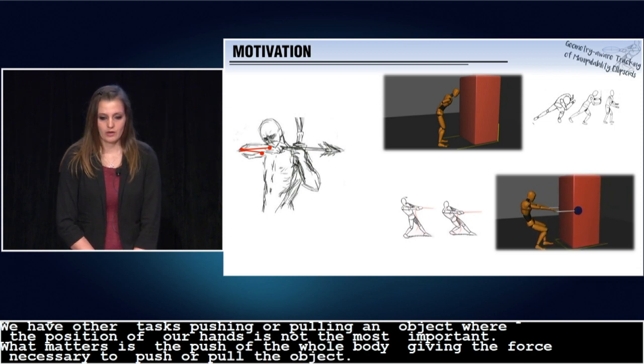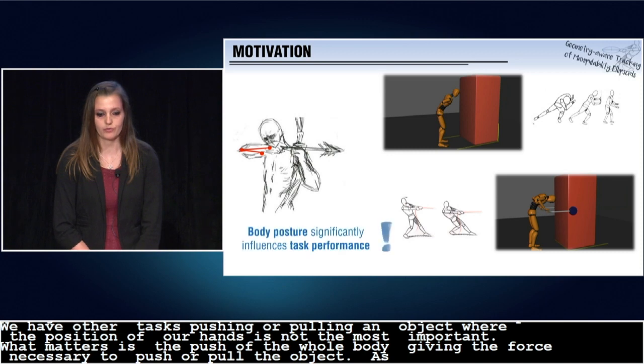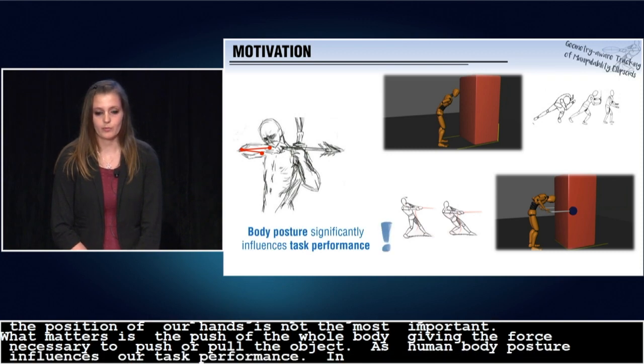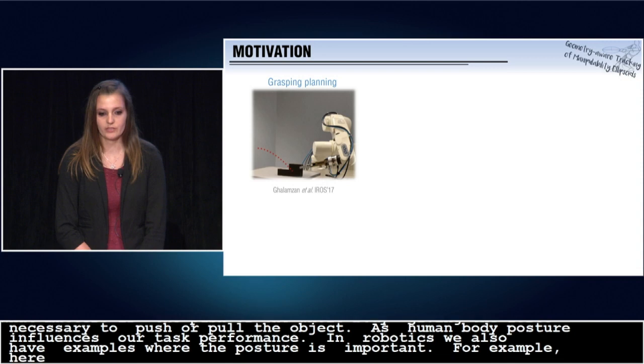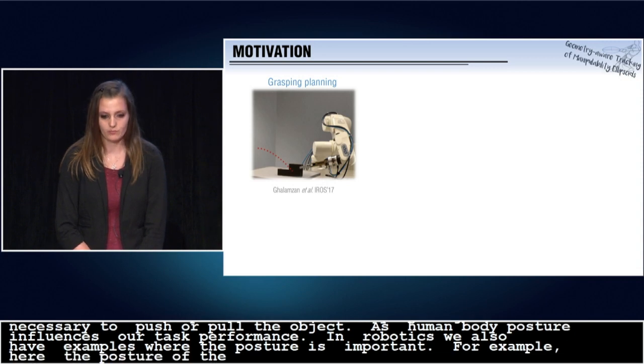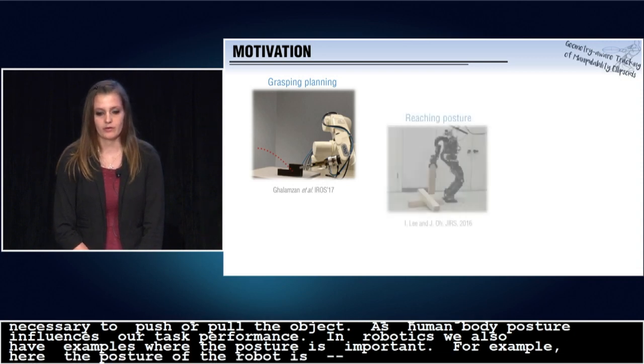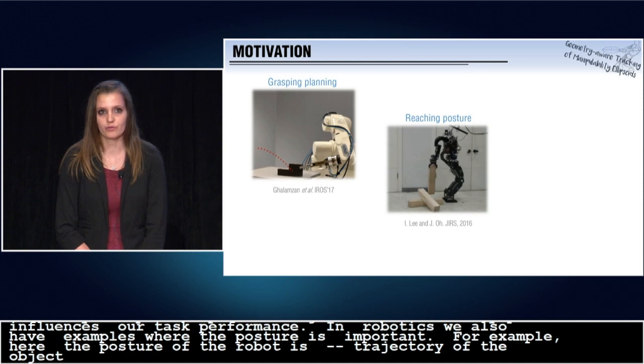So as humans, our body posture greatly influences our task performance. In robotics, we also have an example where the posture is important. So for example, here the posture of the robot is adapted in function of the trajectory of the object to grasp. Another example where the humanoid posture is adapted in function of the position of the object to reach, or